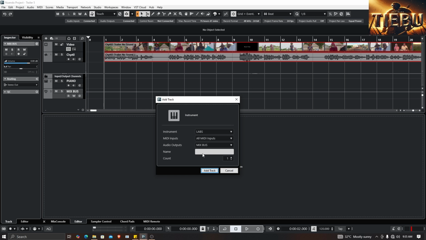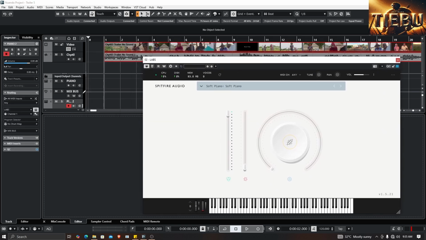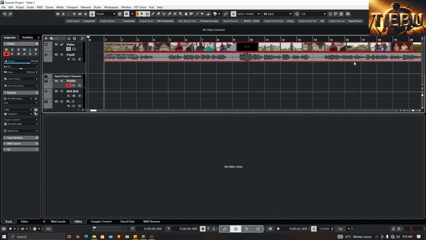So that's what this particular audio output is for. And then we can name this also as piano 2 and 1, and there we go, we have another Laps. And when we play from here, you see this goes into the mix bass before it goes to the output, but when we play from the first one we added, it goes straight into the output. It doesn't go through the mix bass. So that's a quick and simple way to add